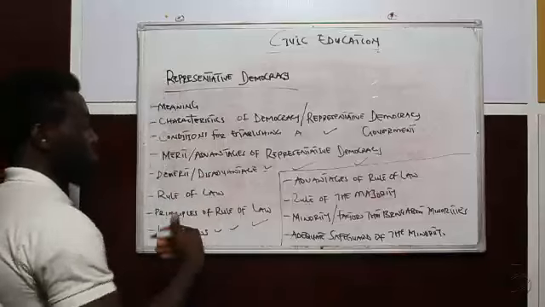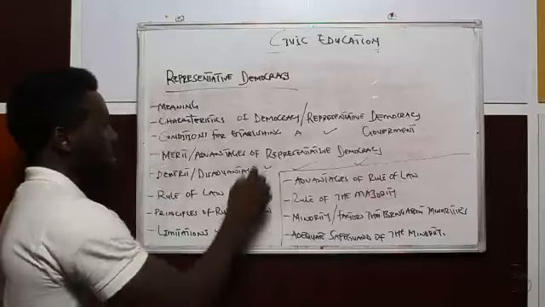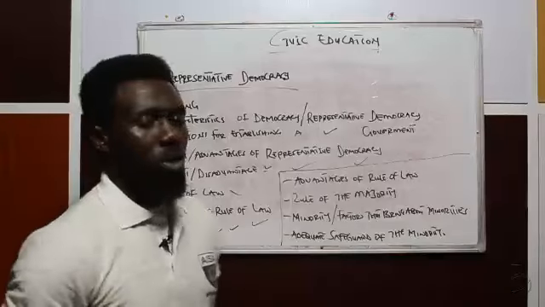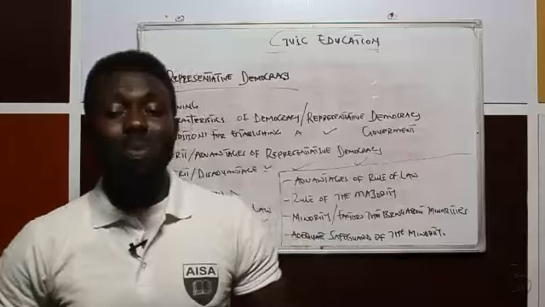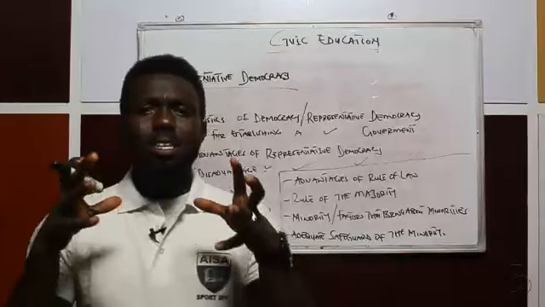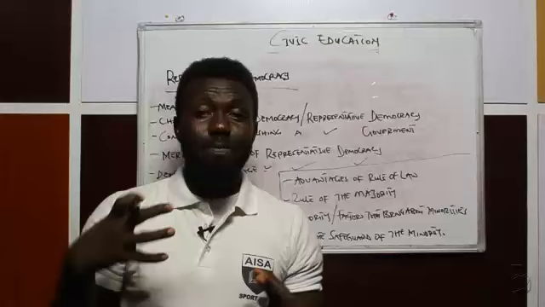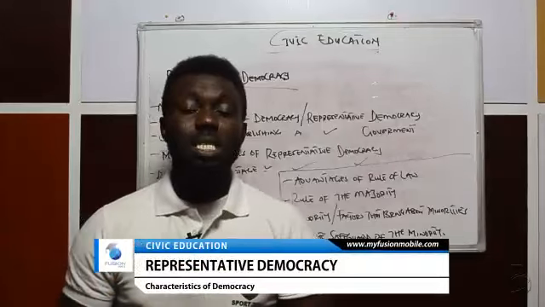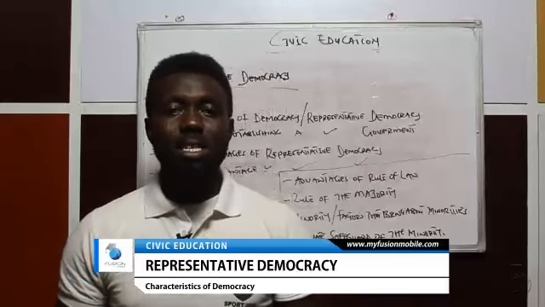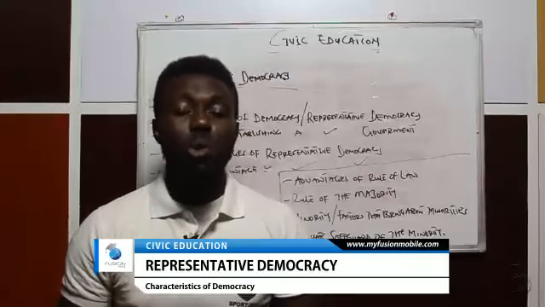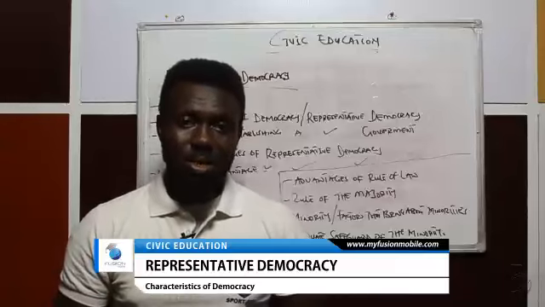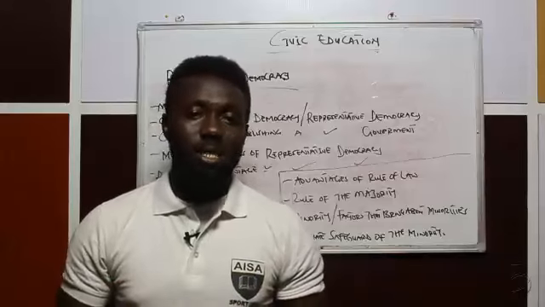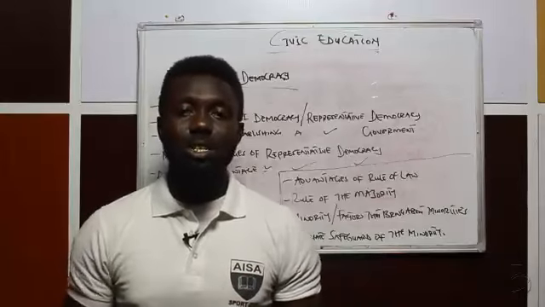And now, you've heard us, we've mentioned rule of law one or two times while I was explaining one of the above items. So now when we talk about the rule of law, what is the rule of law? Rule of law is basically signifying the importance of the law in any country or state. Rule of law is basically saying everybody, it doesn't matter what class you are, it doesn't matter who you are in the society, as long as you are a citizen, then you must abide by the rule of law. You are beneath the law. No one is above the law. That's basically the idea of the rule of law.